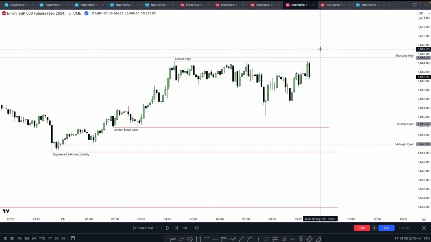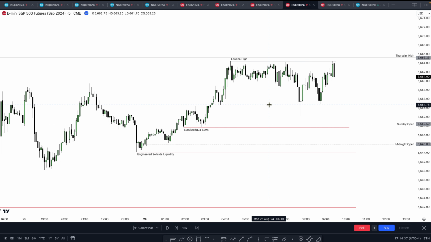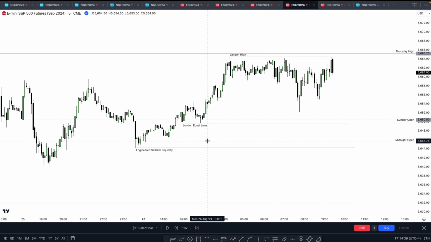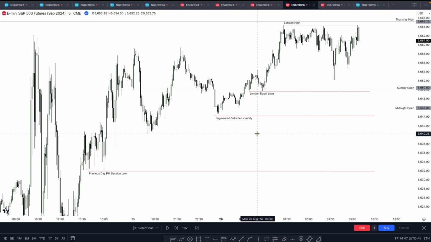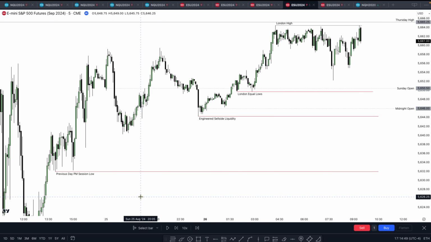I'm waiting for the manipulation, and I have my narrative built saying, okay, there are clear as day engineered sell side liquidity pools. All I have to do is wait to see if I get the setup on the lower time frame. Okay, and if we zoom out for runners, or just to see what the other target is,